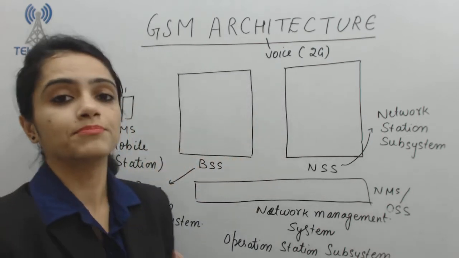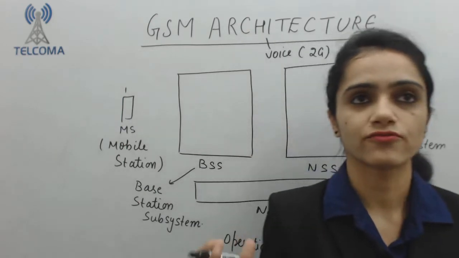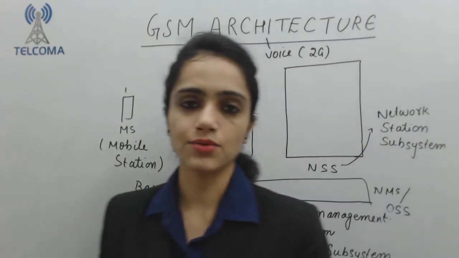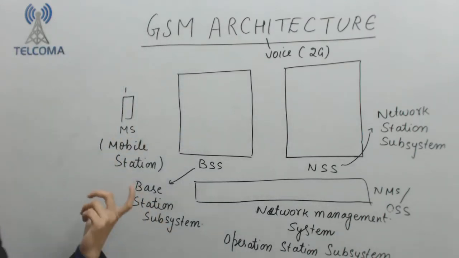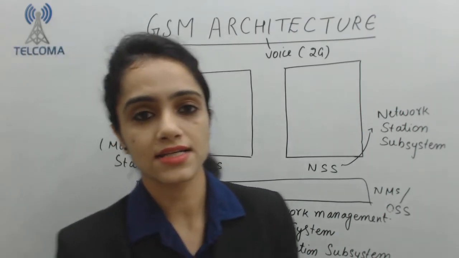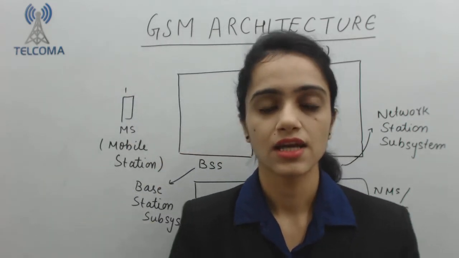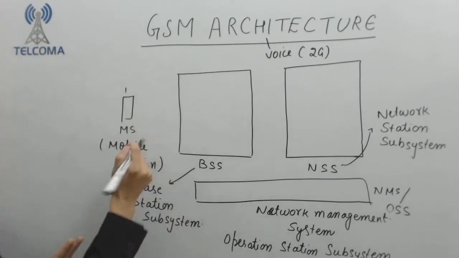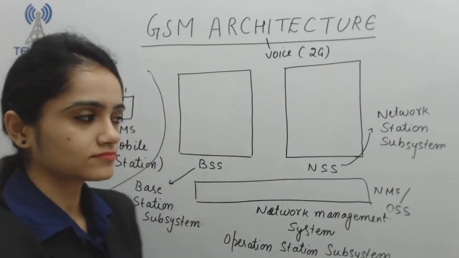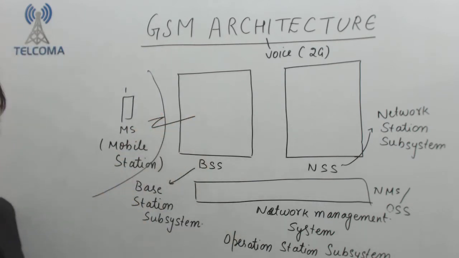So a complete GSM architecture requires these four basic entities. As we require mobility at the user end, the mobile station is a mobile, and we can move a certain distance, which is the main aim of wireless technology. So this mobile station or handset will be the first part required in GSM. Now this mobile station can communicate with the radio part.